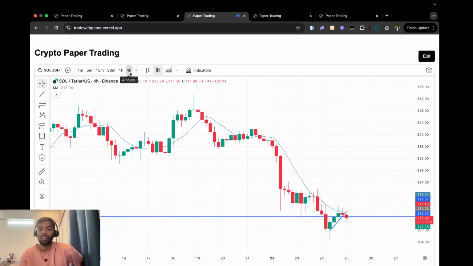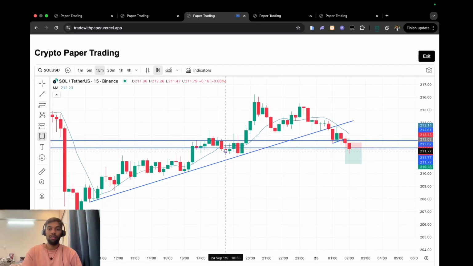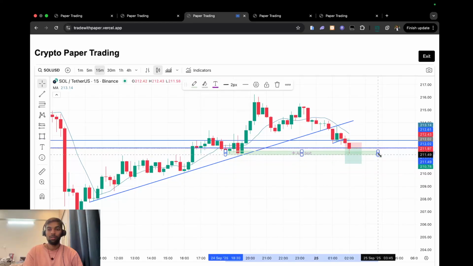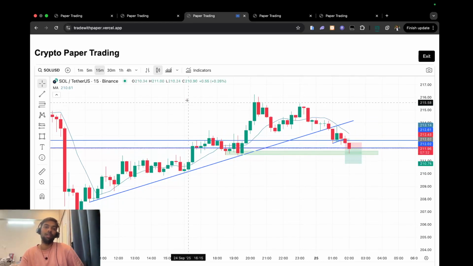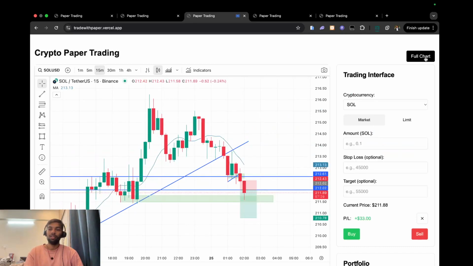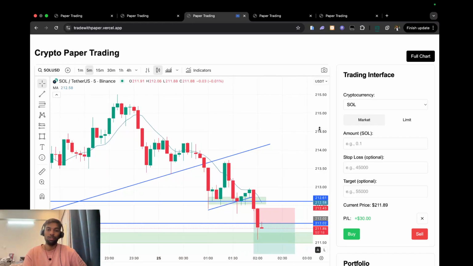But the market is not giving me the right entry. At 15 minutes you can see there might be this buying zone that is preventing us. But if there is a force in the downward direction, then it might break. Let's see what will happen. Let's exit this. Okay, so we are at somewhat of a profit, but it doesn't matter much if we are on the losing side again.